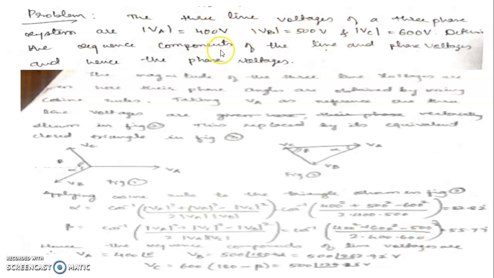Now, along with magnitude, I know the angles also. So we have VA 400 with an angle 0, because VA is the reference we have taken. VB 500 with an angle. Now alpha we got, how much is it? 82.82. Here the alpha value is 82.82, but I require it with respect to the VB angle. From here to here it is 180, so if I take VA as a reference, I have to add 180 plus alpha. So VB is equal to 500 with an angle 180 plus alpha. So I will get this much value.